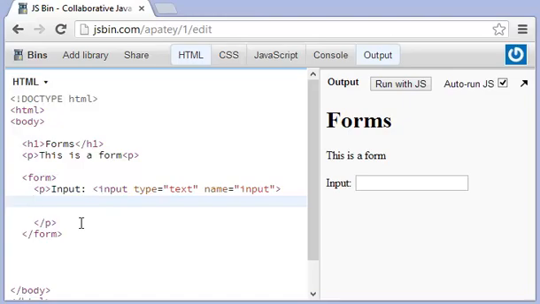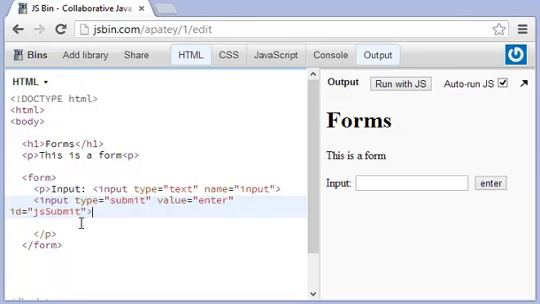All we need to do is type in input, okay? And then after that, all we do is type in type. And there's a certain kind of type which is called submit. And then we can give it a value. And this value, we can call it enter or something like that. And again, I like to put in the ID. You can say something like JS submit. Okay,